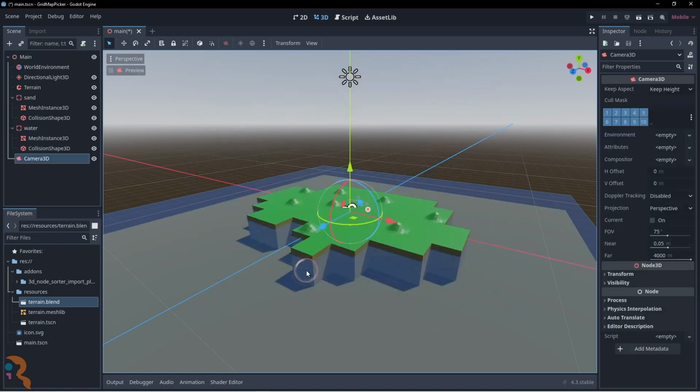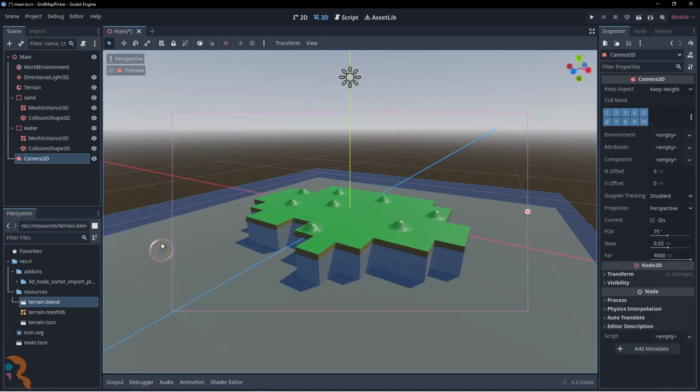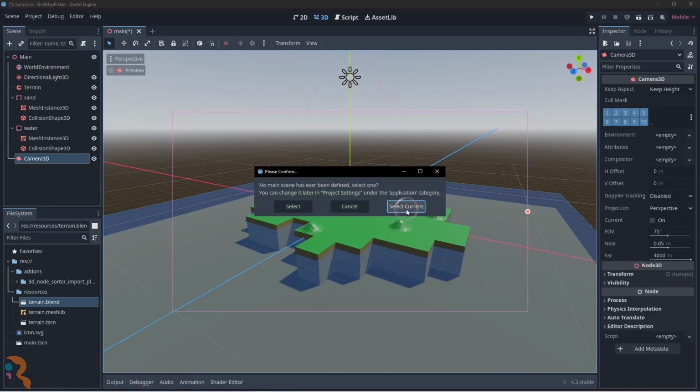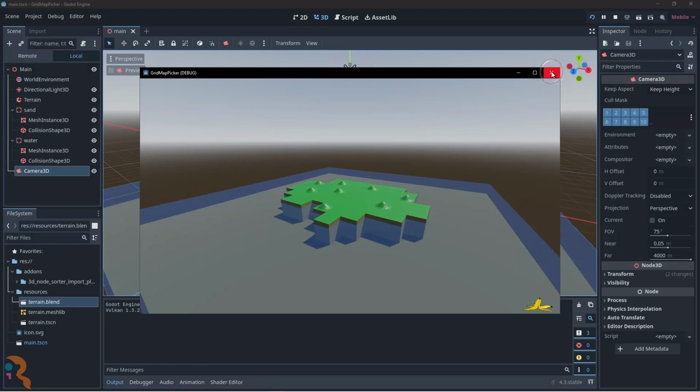Once the terrain is completed, we will need a cursor object controllable by the player to select the objects that we will place on the terrain.